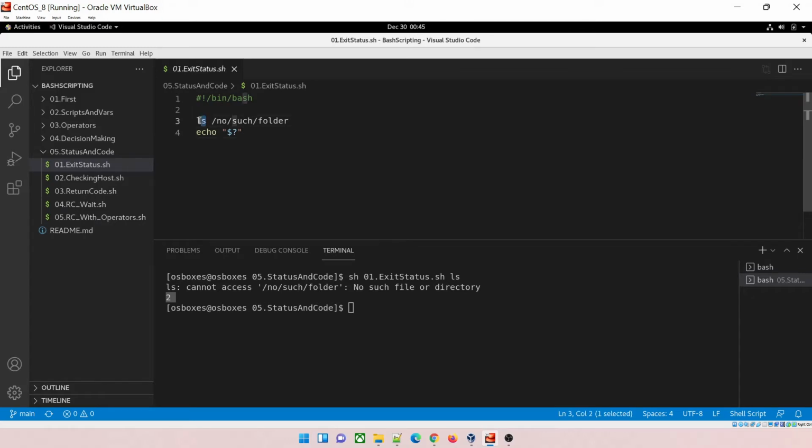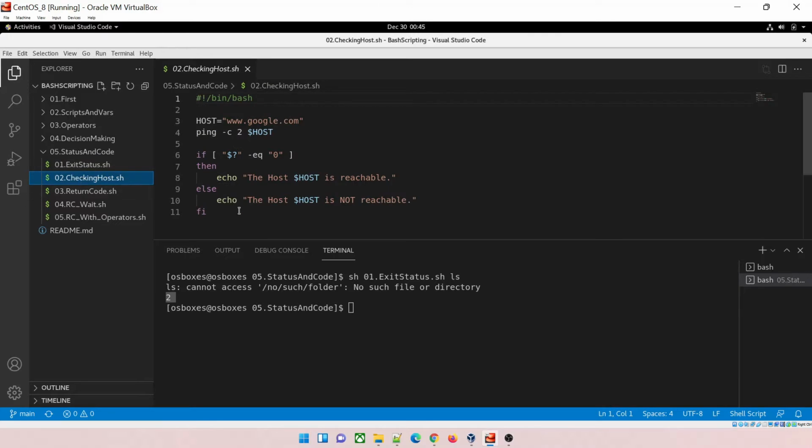It's trying to ls over here, list it over here. Okay, let's move on to the next program. So in the next program, what is happening over here? Same thing starts from here. We are going to ping www.google.com. You can just remove this as well. It will work in the same way. We are going to ping the host with 2 attempts. So 2 attempts, that we are going to send 2 packets and then $host, which is this.